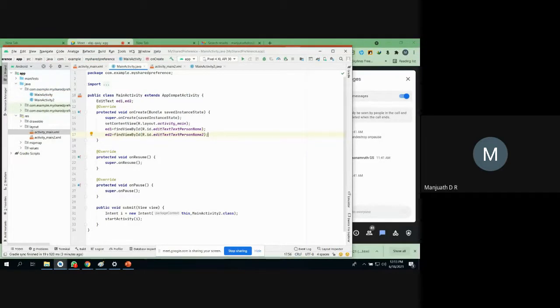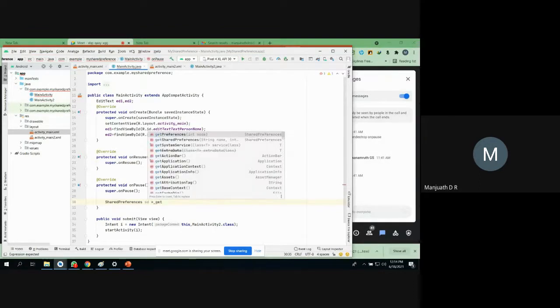So now what I have to do is create a shared file and save the information in the shared file. In order to save, we know that we have to go to what? The onPause method. I want to override this onPause. Okay, keep it like that. Now I am going to create an object of the SharedPreferences class. Create any object, I am going to call it sd. Then the method we are going to use for shared preferences is what? getSharedPreferences, right?